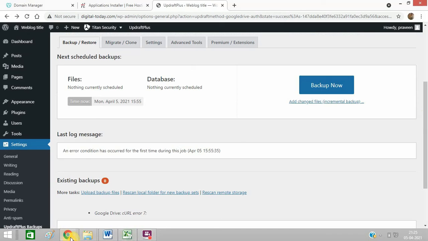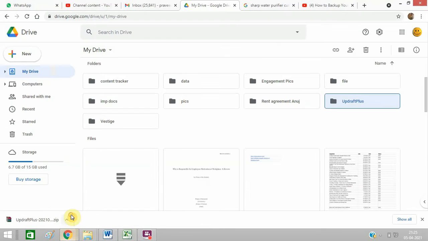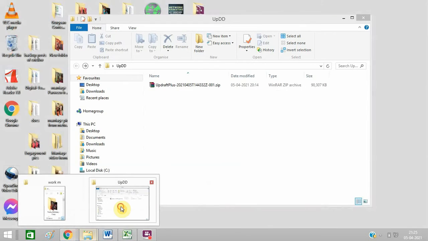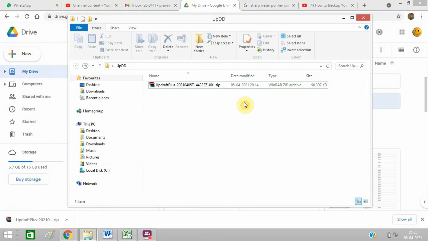For this you can go to your Google Drive. This is my updraft folder. Just right click on this and click on download. I have already downloaded this. Let me show you. This is the folder where I have downloaded it. This is a zip file.